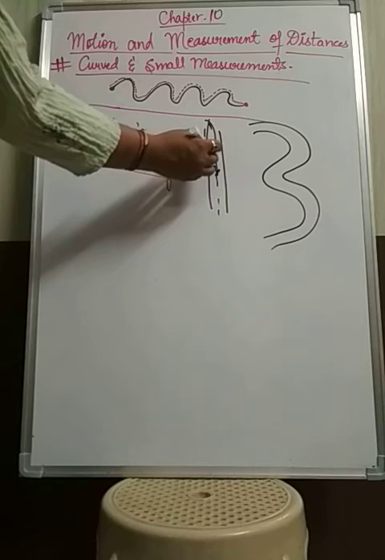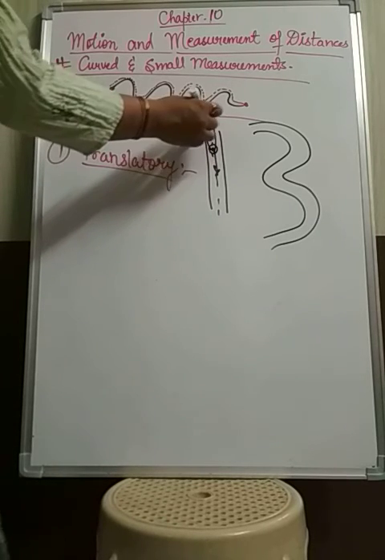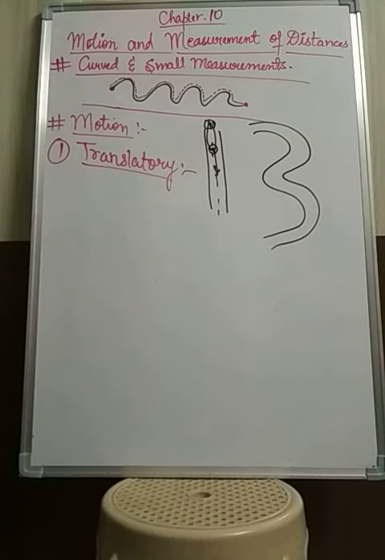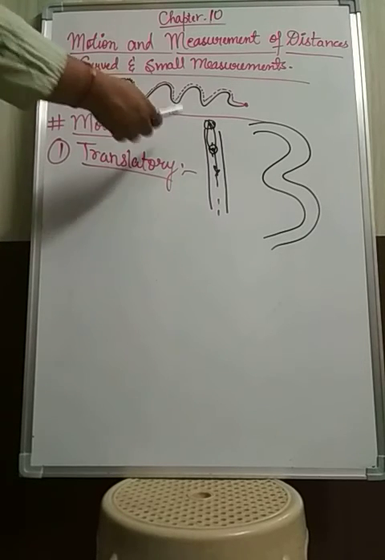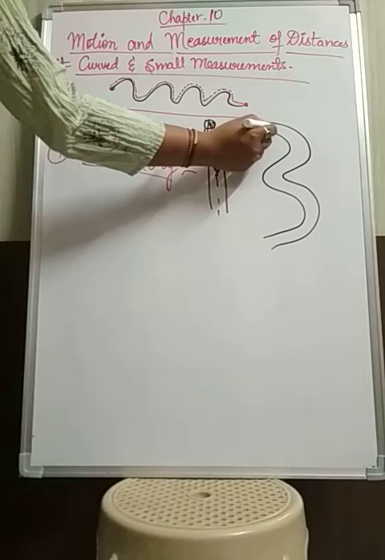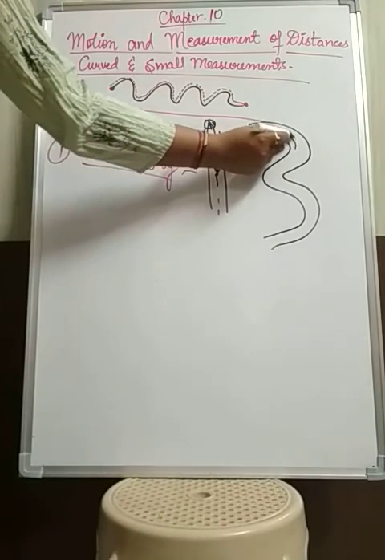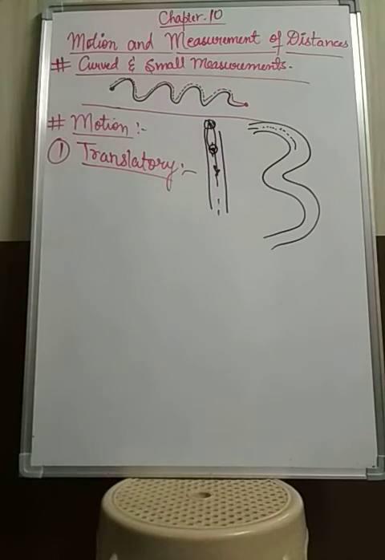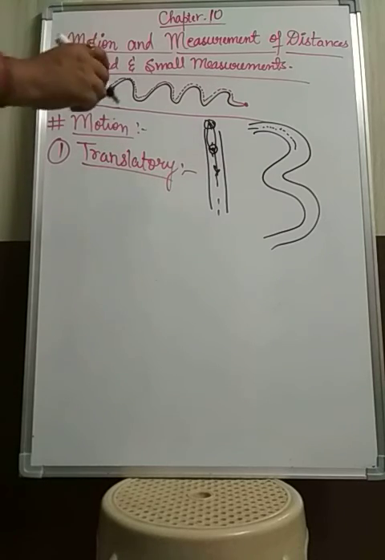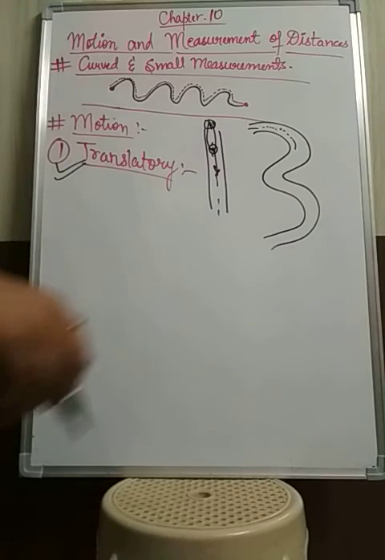ओके, ऐसा तो नहीं है कि आगे वाला जो मीन्स द फ्रंट व्हील विल मूव एट अ डिफरेंट स्पीड और द रियर or the backward wheel will move with a different speed. No, all the parts of the vehicle will move at the same speed as well as in the same direction. Here also, if the vehicle is moving in this direction, then the whole vehicle will move. Okay, and the front wheel will move over here, then the whole vehicle will move. Okay, so such type of motion on the straight or the curved roads is known as translatory motion.